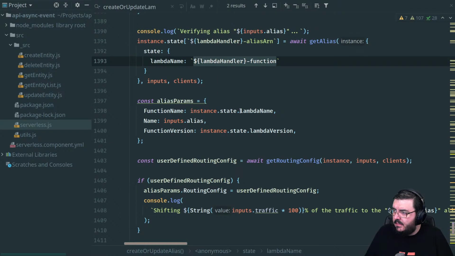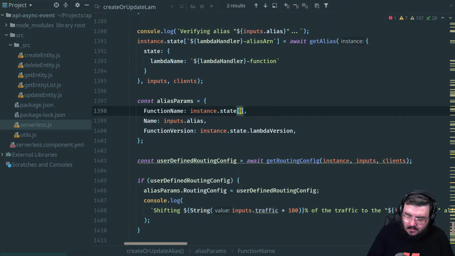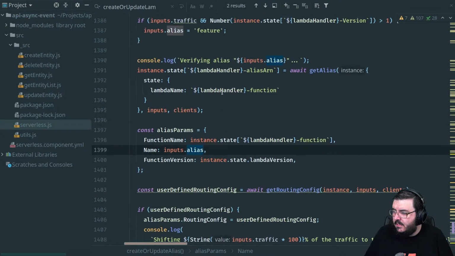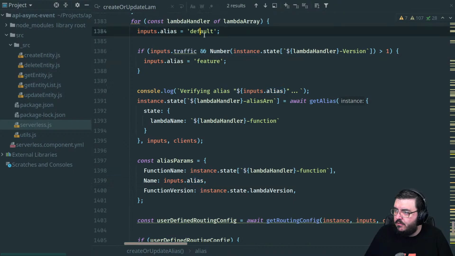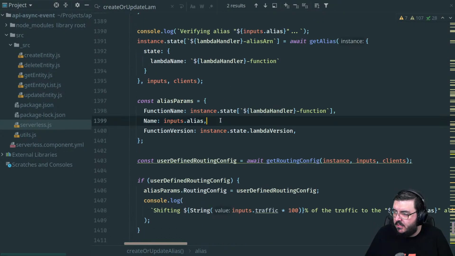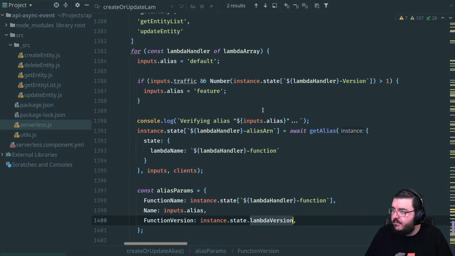That's the lambda name. Yep. The inputs there. Okay, so this is essentially feature or default. It's pretty much hard coded, depending on whether you're doing traffic shifting or not. And the lambda version is different as well. It's this.